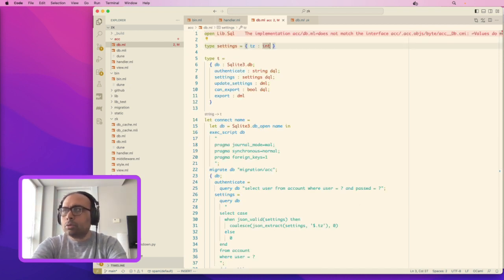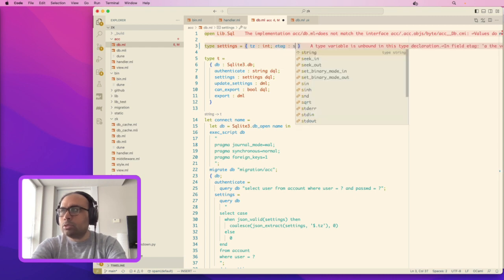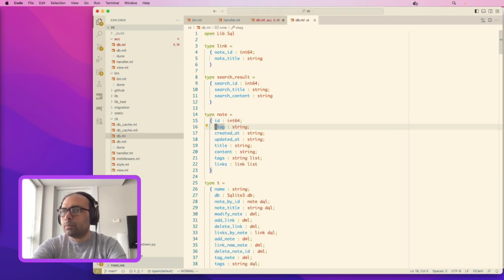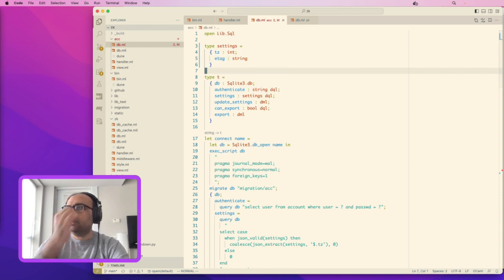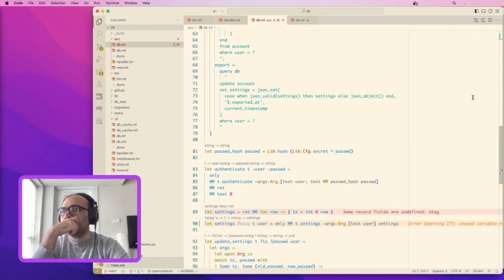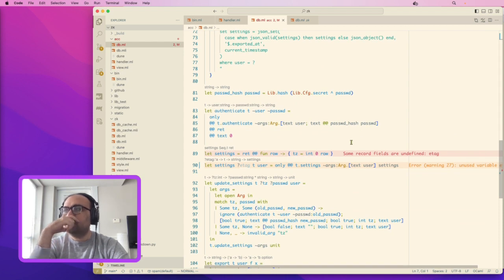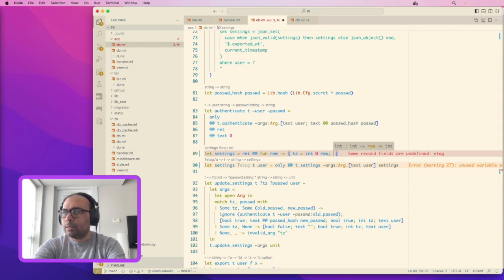Okay. So etag is a string. Of course, we get a compiler error because we don't pass in the etag string here. So etag is equal to,